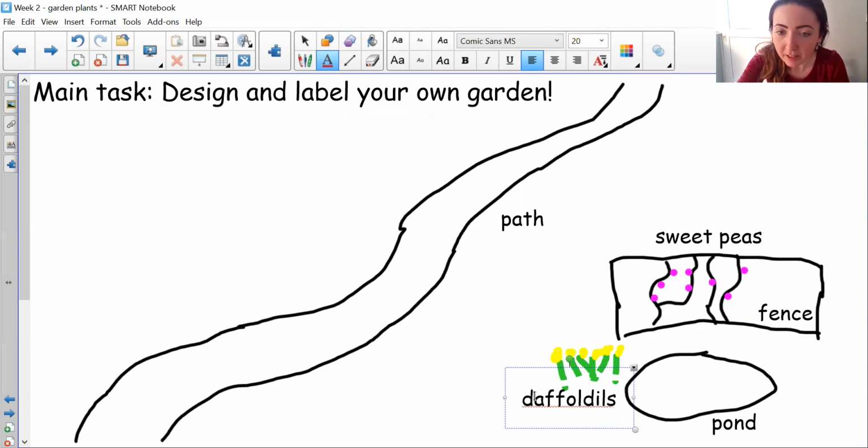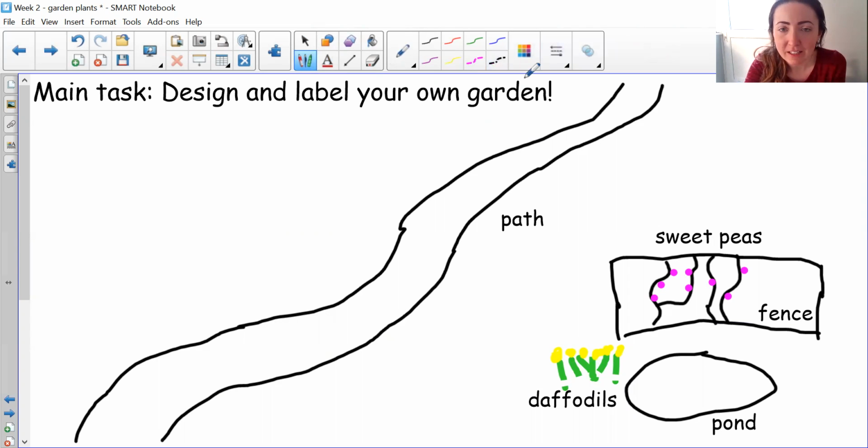Oh, how have I spelled it right? Daffodils. My pond, and then, this is quite a big garden, isn't it? I think if it's got all this space, I'm going to have an apple tree. So let's draw my apple tree, and I need to make sure that my apple tree is taller, definitely taller than my daffodils, and probably even taller than my fence. I quite like a big apple tree in my garden. So there is